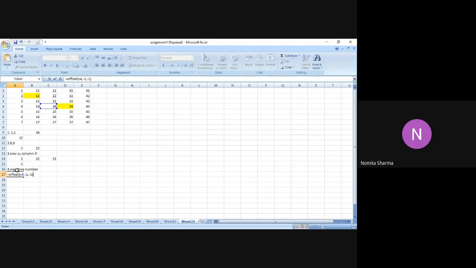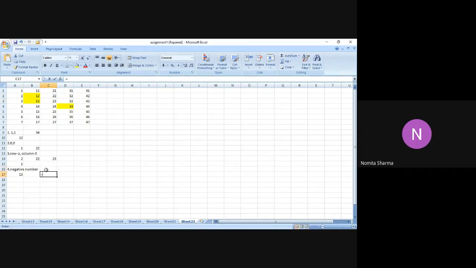Let me just check my function. I don't want to have any error over here. So we got offset bracket C4, -1, -1 like this, and we got 13 over here. Now see from where we started. We started from C4, which is this number. C4 is 24, and we have got 13 as the answer. So from C4, move one side to the left, not to the right, and it will start with the row. So move up by 1, and then from that particular point, move 1 to the left. Accordingly, when I go first up and then turn left, I get 13 as the answer.